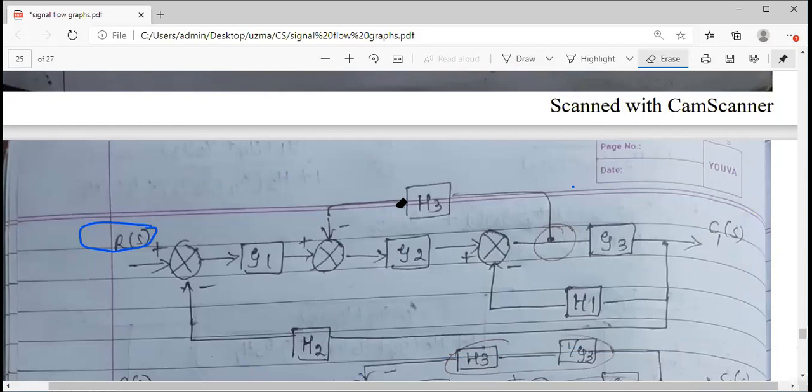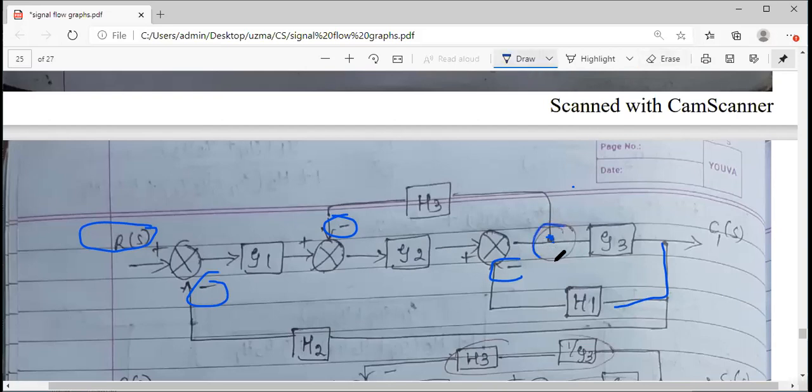You can see again any series connections. You don't have series connections, yes, you have feedback loops here. You have one feedback, second feedback, third feedback, three feedbacks are there. So if I want to apply feedback loop elimination, it is not possible because there is a take off point here. You have to remove this take off point. Then only you will get this feedback path, this feedback loop, closed loop. So for that, what should I do?